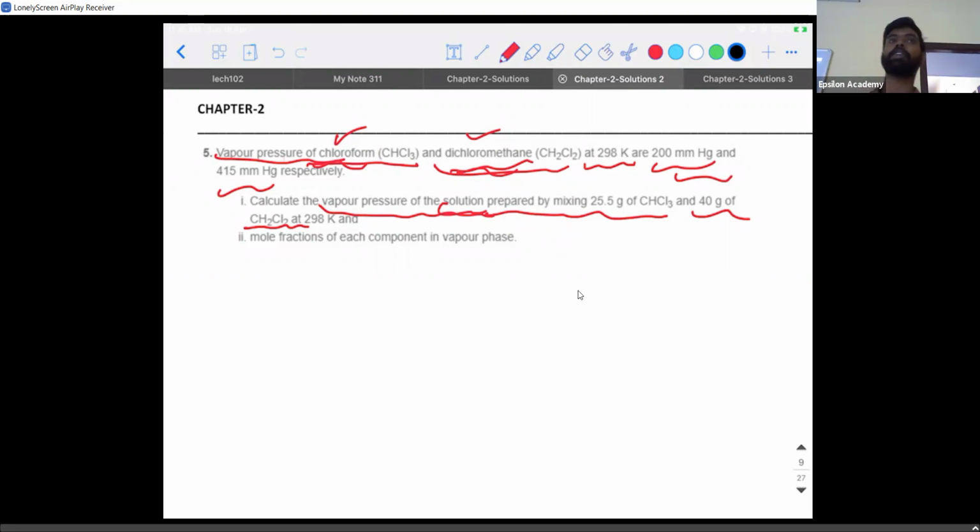See, don't double calculate mole fractions. If you calculate once, 1 minus that will give you the other one. Again, don't go by Na, Nb divided by Na plus Nb. Again, it will take a lot of calculation. First, you find one mole fraction, and 1 minus it will give you the other mole fraction. The calculation is very simple.